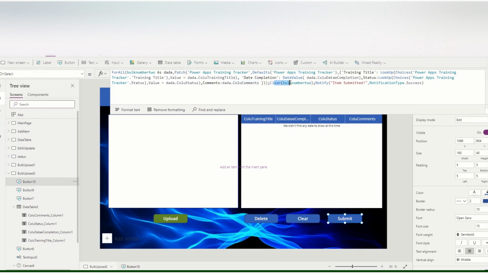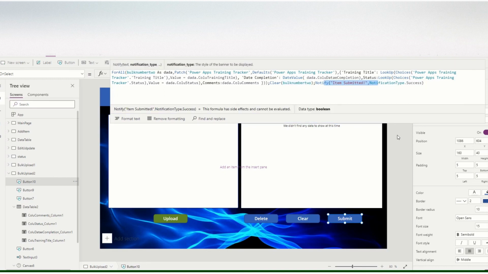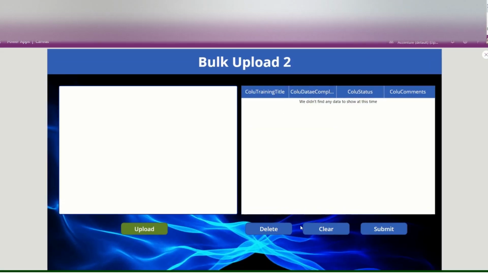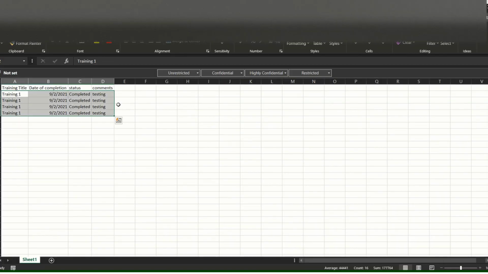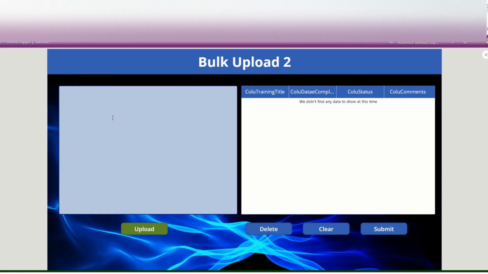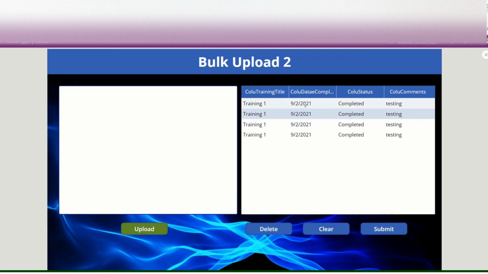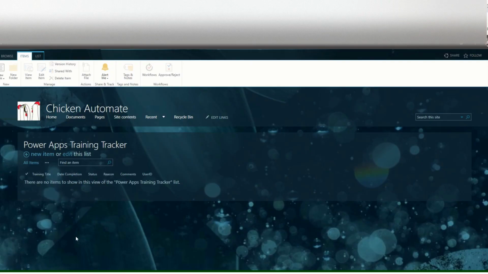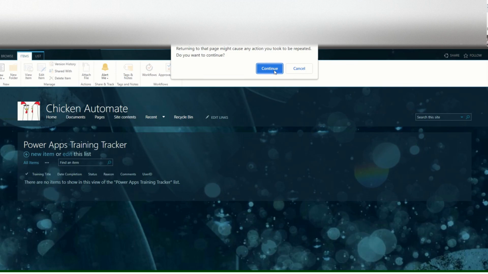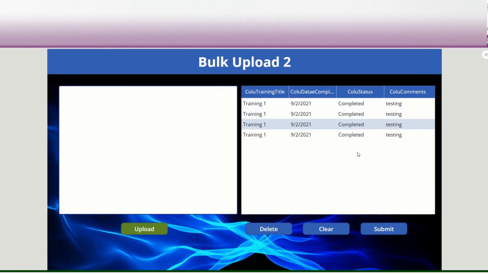And then I will clear after I patch. I will clear our data collection, which is bulk number 2. Then notify item submitted. So let's try. First I will play, and then I will copy all this, and then I will paste here and just upload. Okay, so we now have no data. So if I submit this,